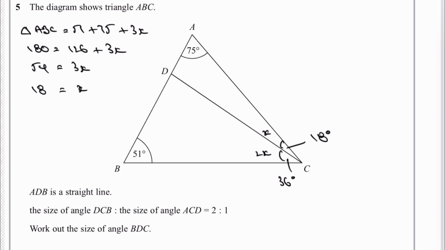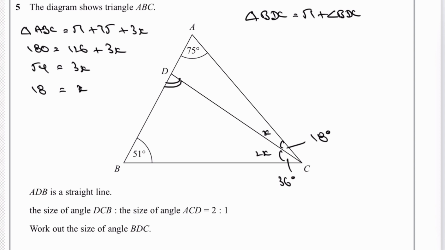Okay, now we're being asked as a question here to work out the angle BDC, which is this angle at the top here. So what I'm going to do now is ignore the large triangle, and I'm just going to focus entirely on triangle BDC. Now again, I'm looking at all the angles here. Bottom left hand side is going to be 51. And then the top of BDC is actually the angle we're looking for, which I'm just going to call angle BDC. Okay, and then finally on the right hand side I've got the value of 2x,